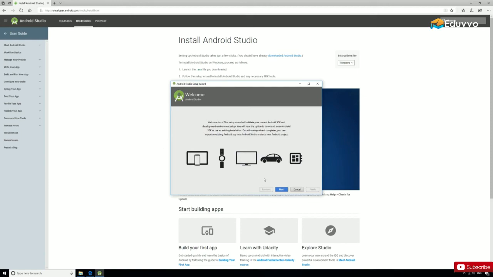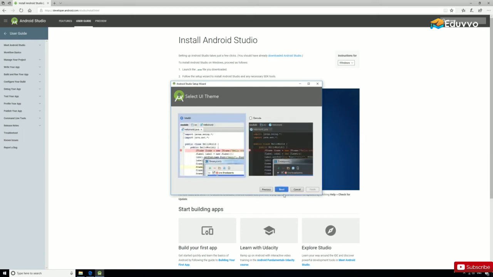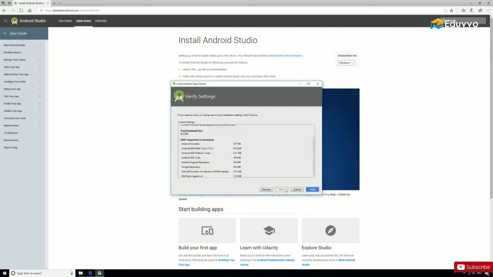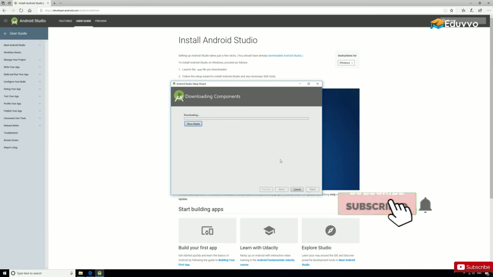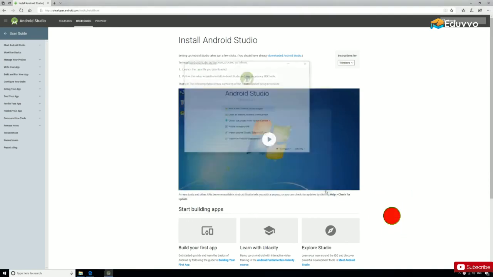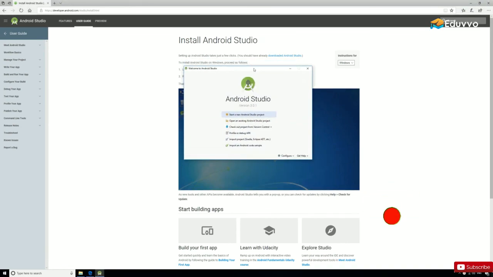So we're not quite there yet, but again, we'll just stick to the very standard options. So essentially just keep clicking Next, install the default components, click Finish, and then you'll have another bit of a wait while it downloads the necessary components to run. And then we're done. So just click Finish, and now we're ready to finally learn Android development, which